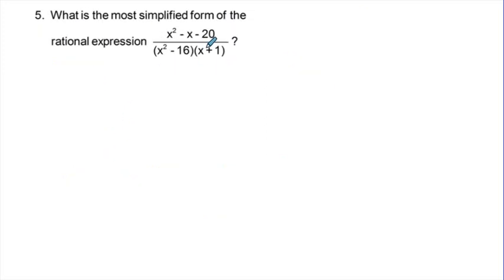What is the most simplified form of a rational expression? They give this rational expression here, and to simplify rational expressions, one thing that's very helpful is factoring where we can. And so first for the numerator, I'm going to write this over here at the right. We have x squared minus x minus 20, and that's going to factor